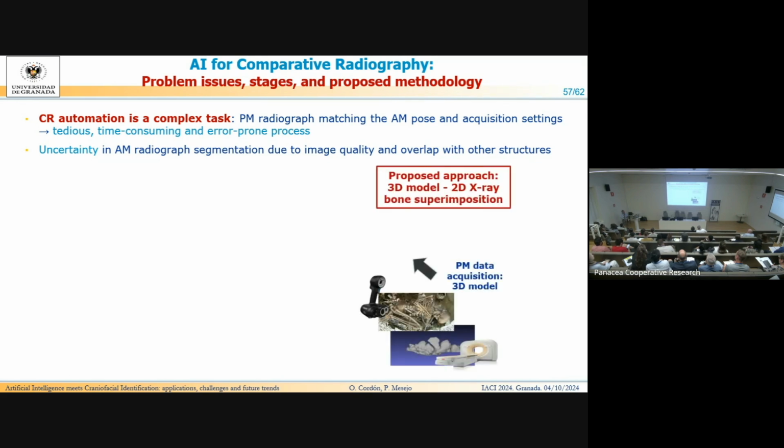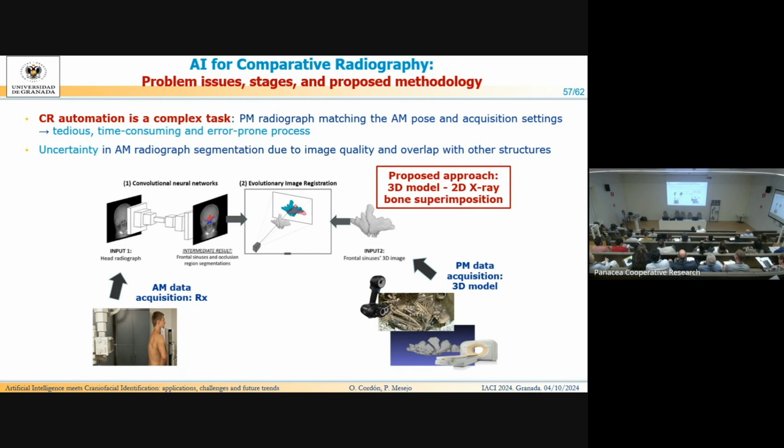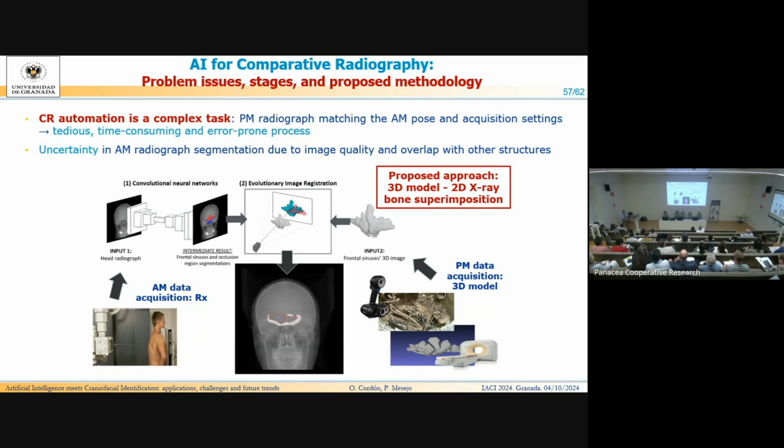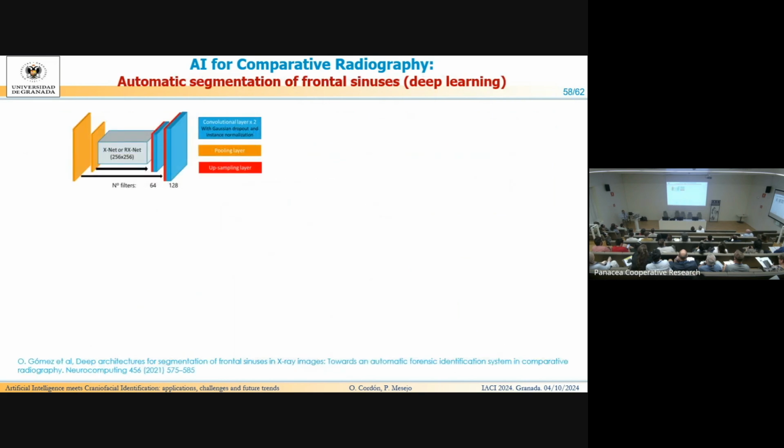The whole approach proposed doing the 3D scanning, then automatically segmenting the structure, in this case the frontal sinus, and automatically registering the 3D model over the 2D image. So the first stage was done using deep learning. And again, we focused on a real-world application. So this is not just for a paper, we published it, of course, but we wanted to work with real images,